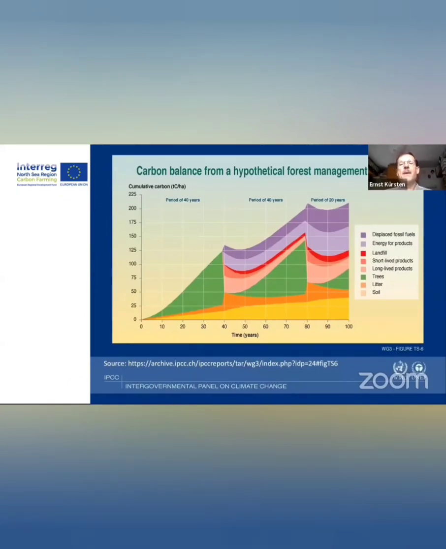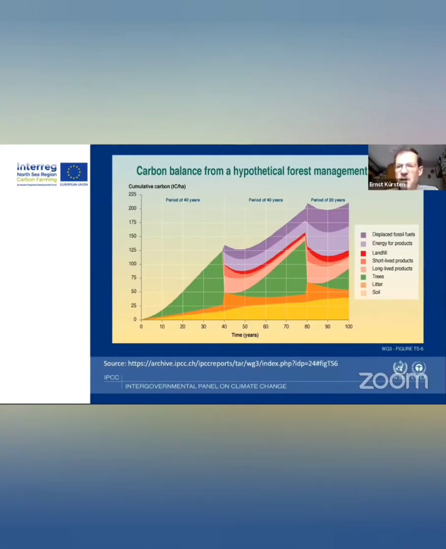So this is now a kind of summary of all the effects I just have mentioned. I developed a similar curve at this time, but this was developed independently from my research by the IPCC. And it's maybe not so easy to understand, but I try to explain to you. So if you have a barren land or a purely agriculturally used land, and you plant trees there, it must